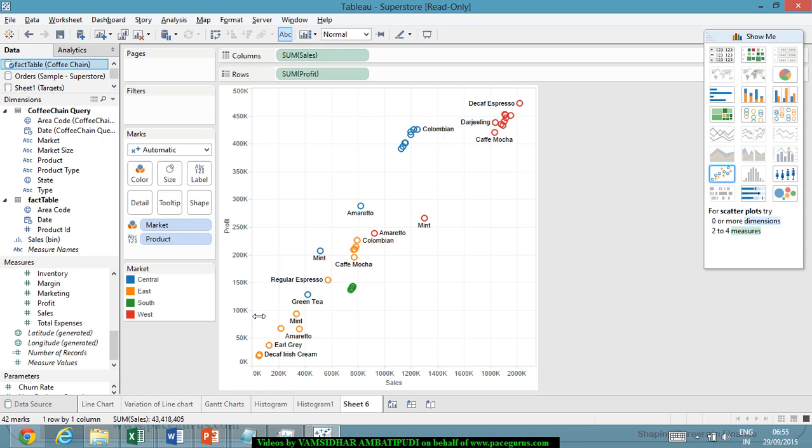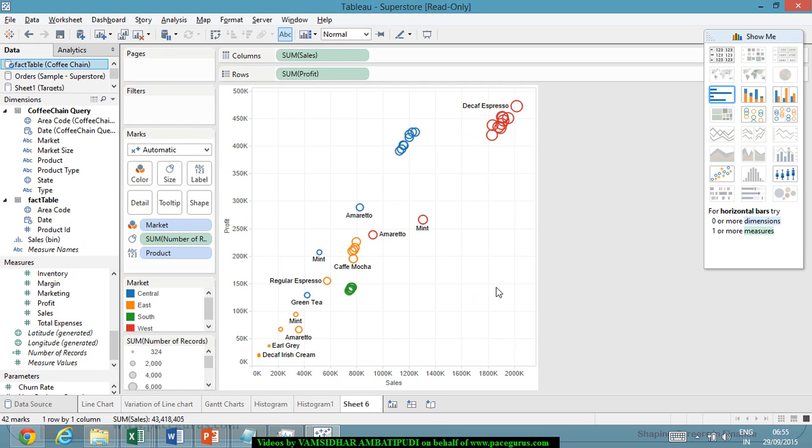I can really, even if required, let's say I want to find out, okay, here the sales is to the extent of 2 million, profit of around 472,000 for decaf espresso. So I could clearly see the relationship between the sales and profits, and I can simply drag the stuff if I really want to find out a different sizing altogether. Let's say the number of records, I want to use it as a size,